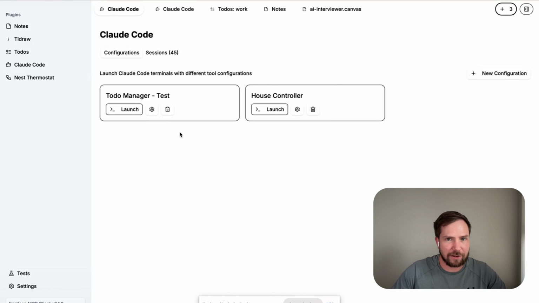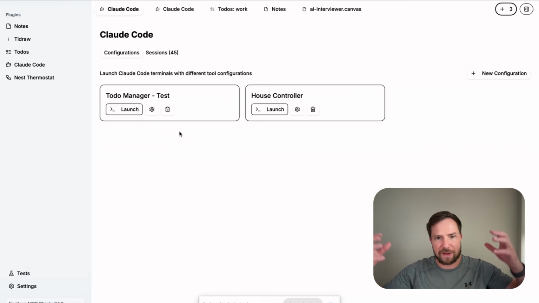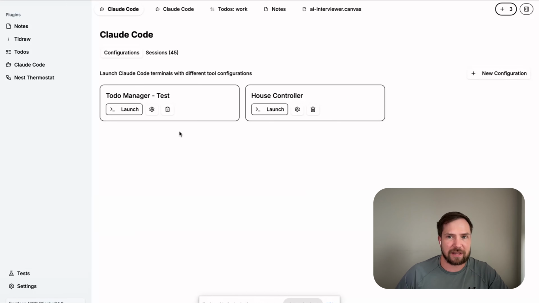So here in the Claude Code plugin, you can see that I have two different configurations. Now, if you've used Claude Code locally, you know that you have to open up your terminal, cd into a directory, and type claude, and then you have settings that are inherited both from your overall user scope and then that specific project. There could be MCP servers configured at any of those layers. And if you want to do something custom, you essentially have to create a whole new directory, set up Claude there, set those settings, and then remember to cd into that directory when you want to use Claude in that way. The neat thing here is in the app, I've set it up such that there are different